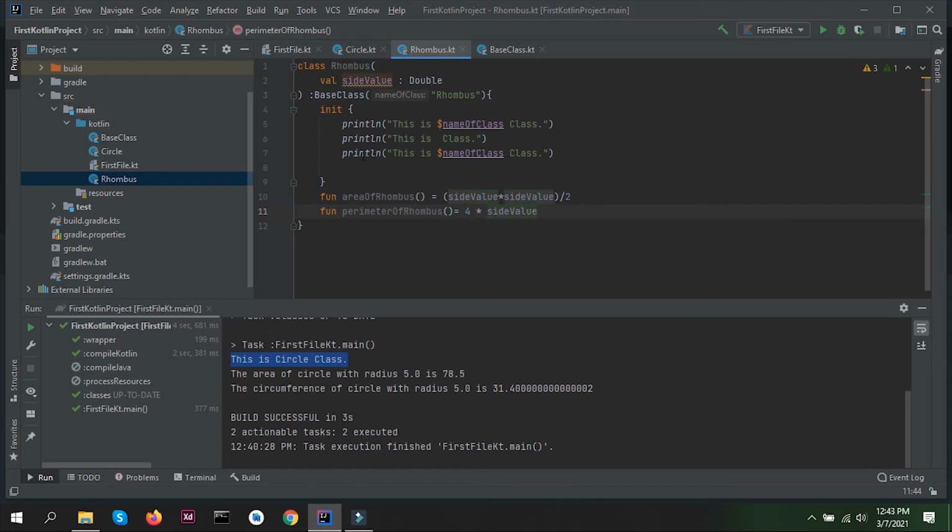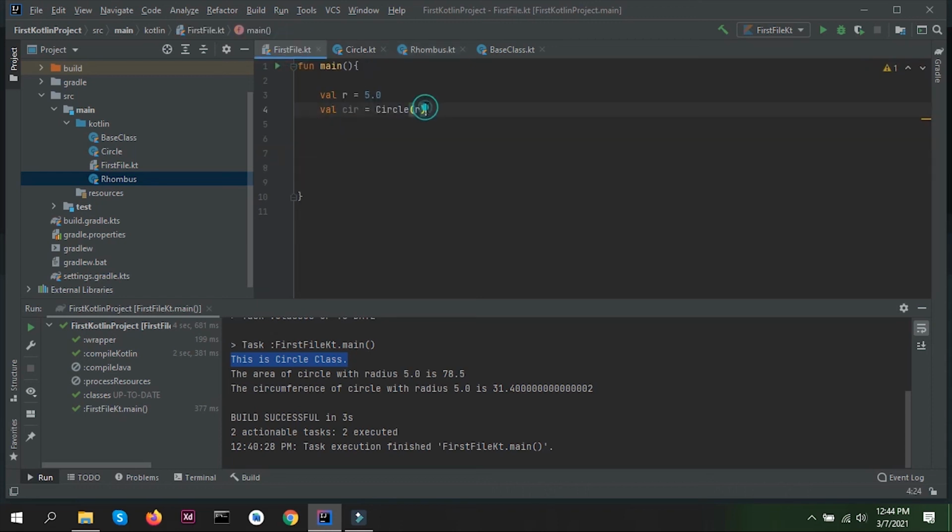So yeah, and here we'll print the area of rhombus is, area of rhombus, and perimeter is, perimeter of rhombus. Now we just have to create an instance of this class in our first file, just like